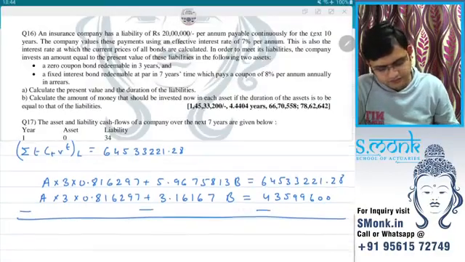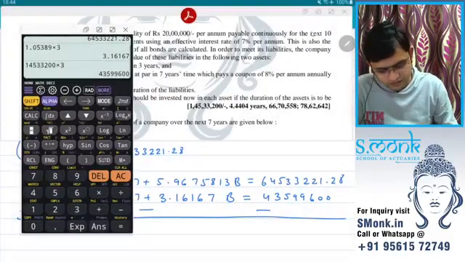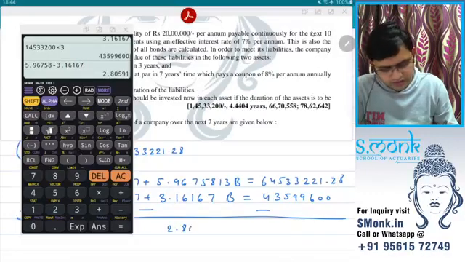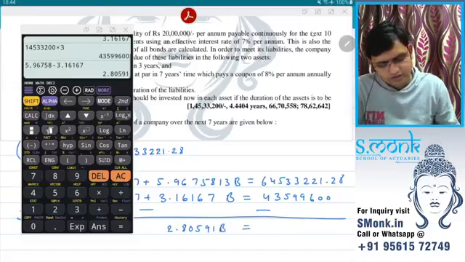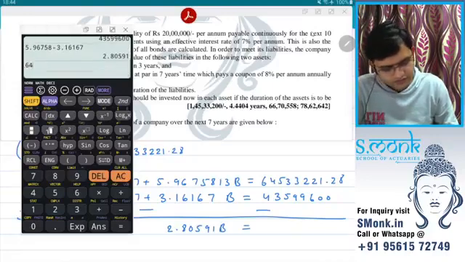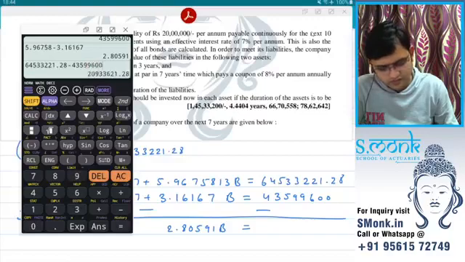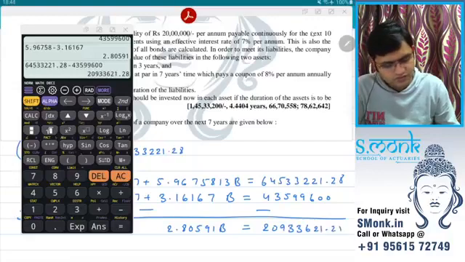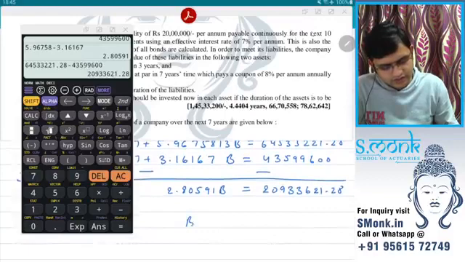Subtract. We have 2.80591B equal to 2093361.28. So our B value